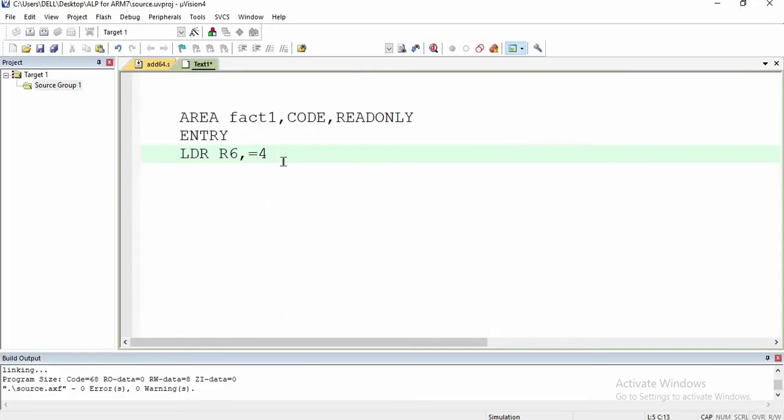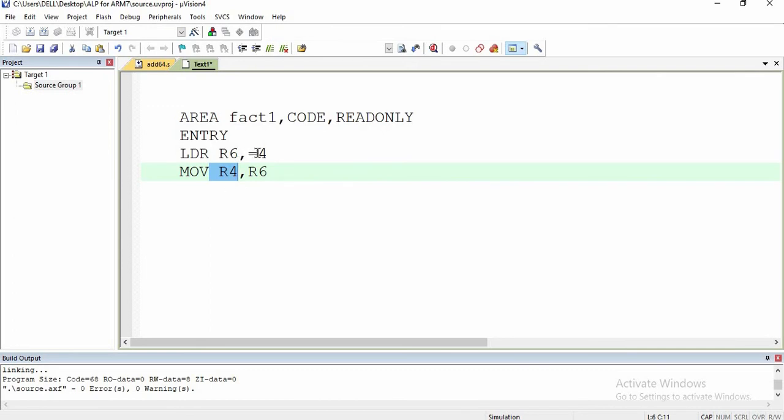So what I am going to do is I will write here MOV R4, R6. R4 is the destination. Move whatever is in R6 to R4. I have said about this limitation also in the previous videos. Whatever is there in R6 is transferred to R4.